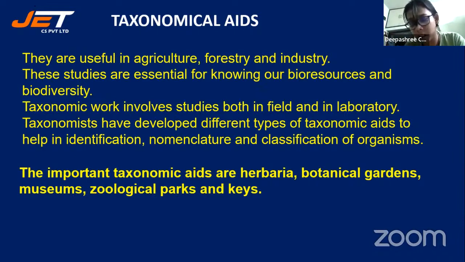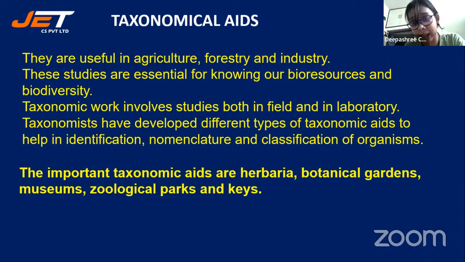Why is the lab needed? Can't you just take an organism and name it? No, because you have to study its characteristics and its genetics before naming that organism. You can't just say, okay, it looks like a cockroach, so it will be in the arthropoda group. Maybe it looks like a cockroach, but has characteristics very similar to a chimpanzee. I'm just citing an example, it's not true, but you need to study the genetics in detail before naming the organism. So taxonomical aids are required.